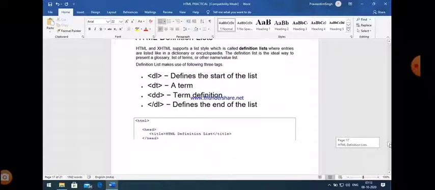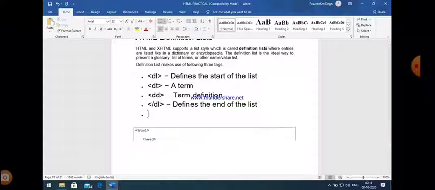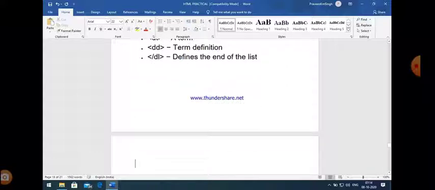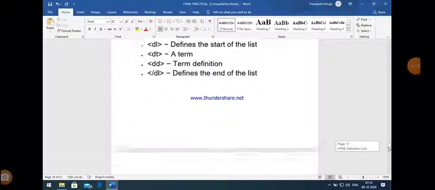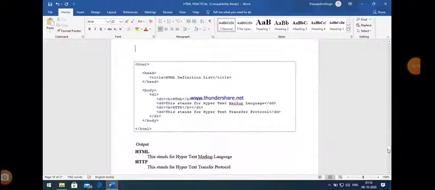Now look at the program, which basically shows the use of definition list. That is the program here. You can easily see that DL is there, which represents definition list.